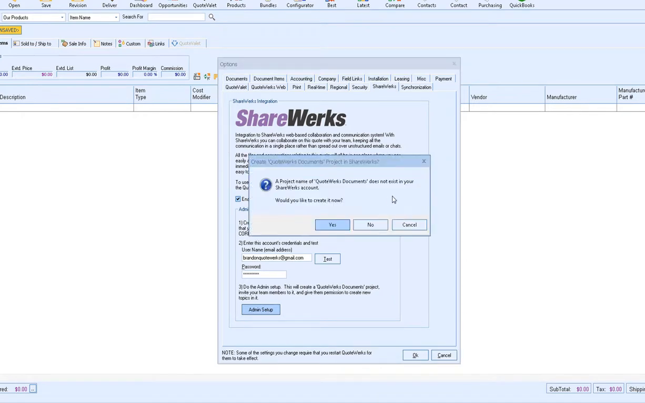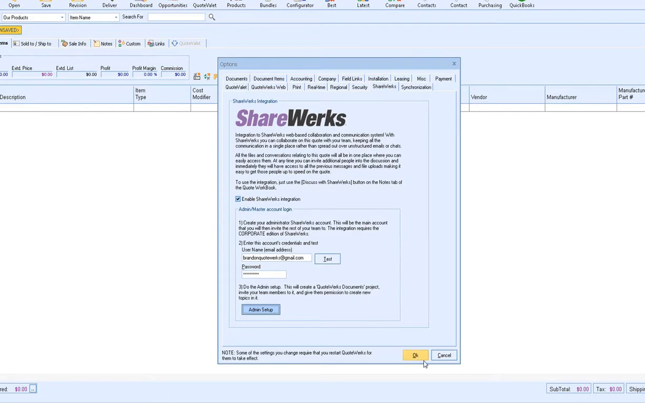Additionally, if you have just created your Shareworks account, you'll want to have a project in Shareworks titled QuoteWerks Documents. QuoteWerks will automatically check to see if this project exists. If it does not, it will prompt you and ask you if you want to create it. You'll want to go ahead and click yes. Now, if we go ahead and click OK to save our settings,